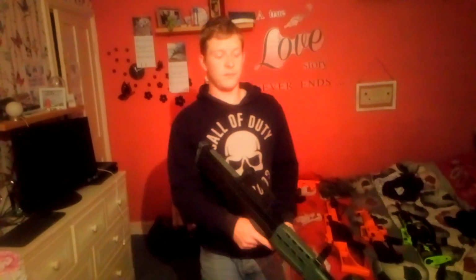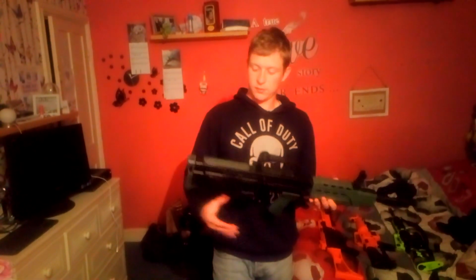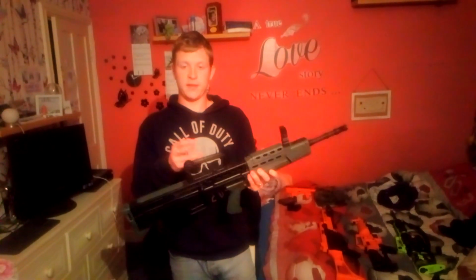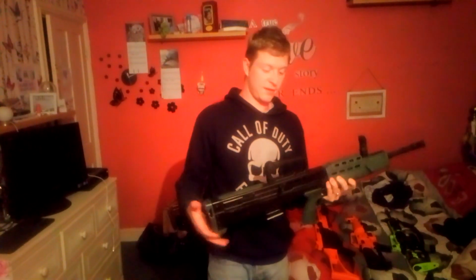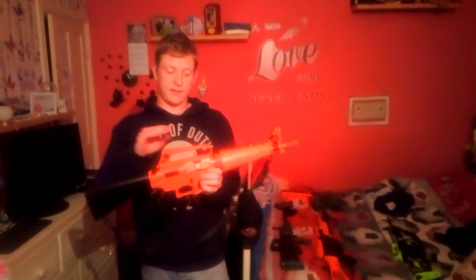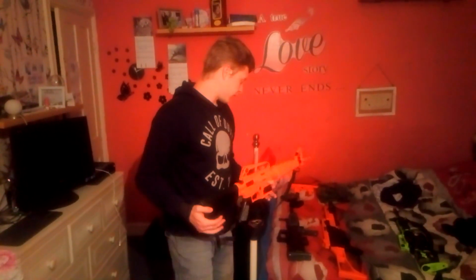Nowadays, soldiers from all over the world don't tend to use the carry handle as a carry handle. British soldiers don't use the carry handle on the L85 as a carry handle. It's just the rear sight. And I know that American soldiers don't use their carry handles as carry handles, it's just the rear sight. Now, the differences on these Airsoft versions